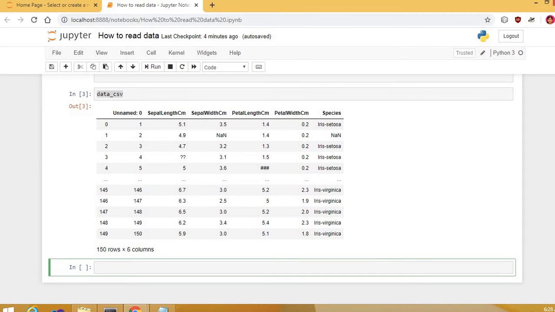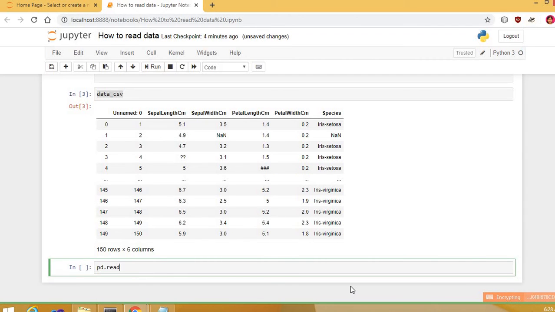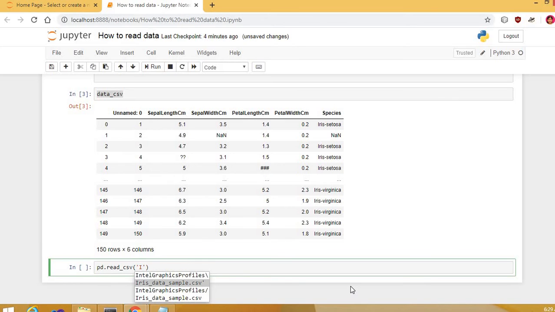For that, while reading this dataset, we use pd.read_csv. Since it is in csv format, we write read_csv. There is also the xls or xlsx format, which is for Excel. So in read_csv we import this dataset, iris_data_sample.csv.